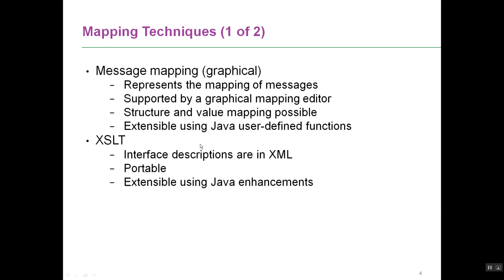There are 3 other mapping techniques that PI supports. One is an XSLT mapping. XSLT is nothing but XSL transformation, XML language. And for people who have been extensive XML developers, XSLT is like another programming language that deals predominantly with XMLs. So what that means is you can write a mapping externally outside of PI environment in XSL. XSL is nothing but a XML transformation language. You can write your mappings in that language and then import it into PI and use it in PI, right?